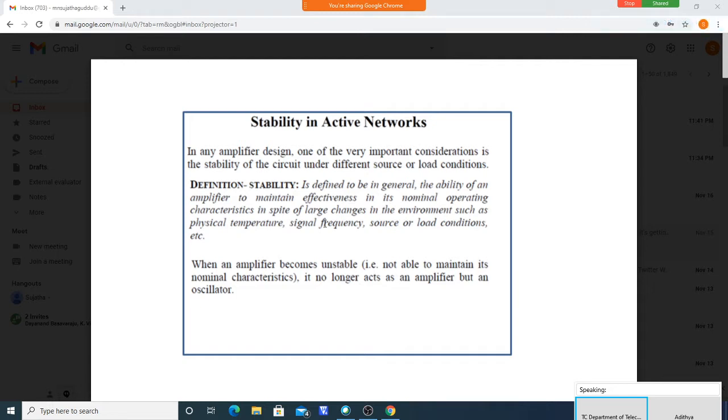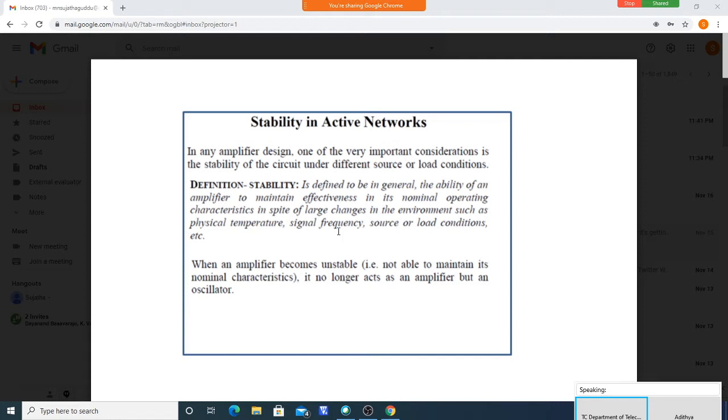Also, if you use a load ZS equal to something, we designed for 15 dB with ZS and ZL equal to something. As we know, to get 15 dB, G naught is 12 dB, the input matching network gives 2 dB, and the output matching network gives 1 dB, totally 15 dB. For that, we chose ZS equal to something and ZL equal to something. Now, while operating, will it maintain that value of 15 dB with that ZS and ZL? That we have to check.